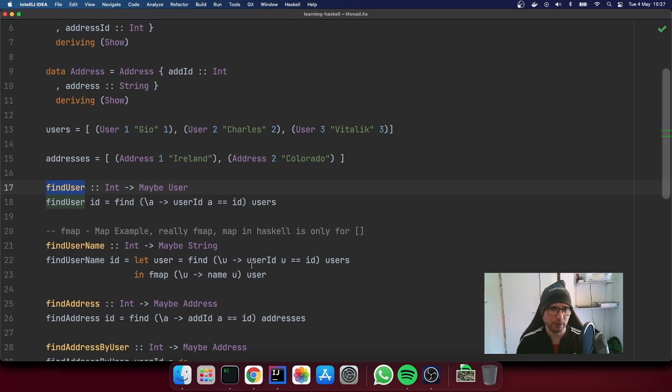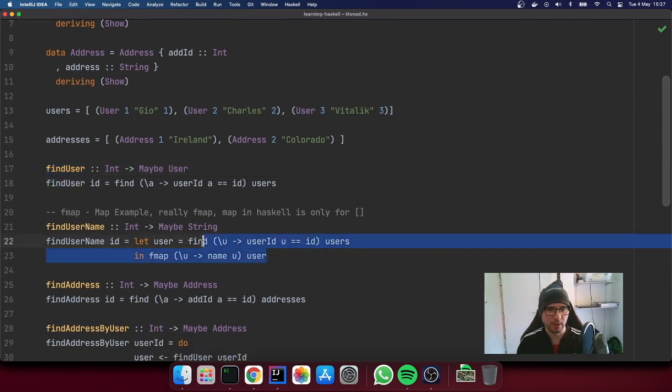I was talking about this just a minute ago. So what we do is that we still use the find method. The find method is nothing else than scanning through the list. So it's a find, then the list is users, and then we set the function here.